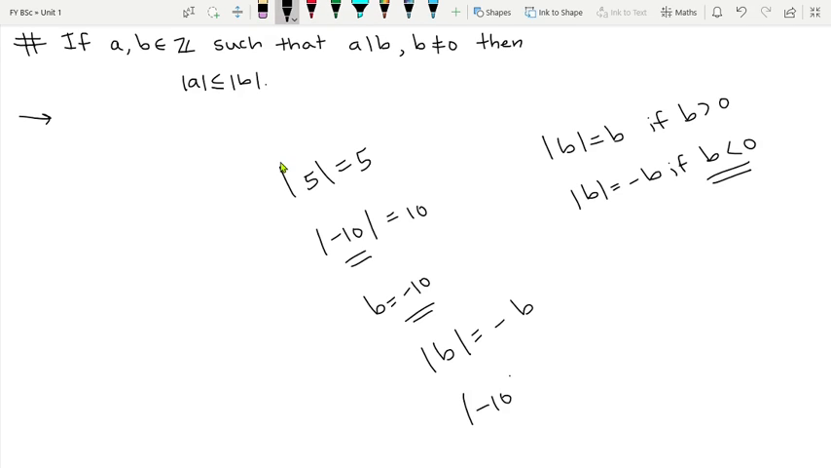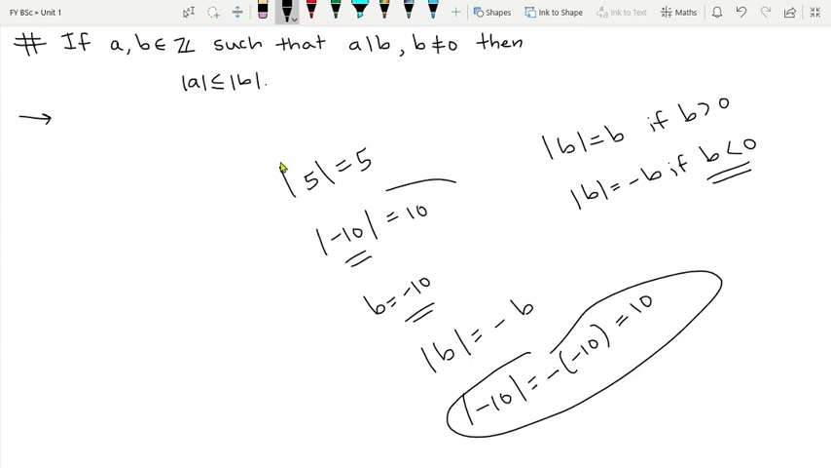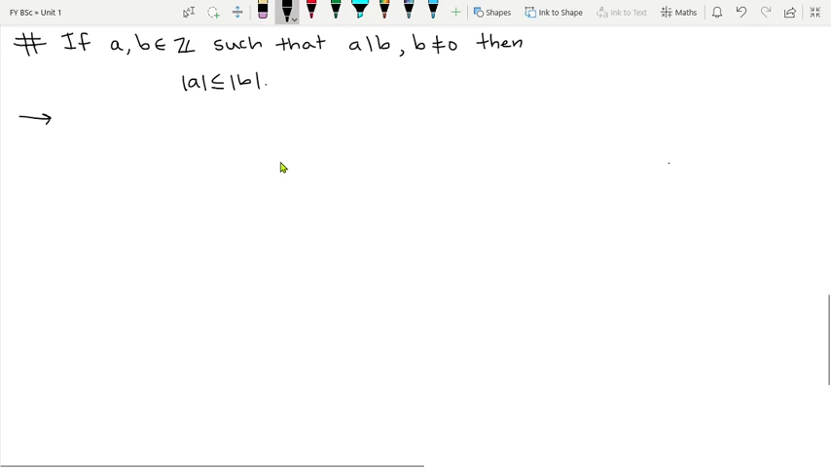Mod of minus 10 will be equal to minus of minus 10, which is nothing but 10. Now you can see this one and this one are exactly the same. So first of all, I'll write down the given things. Let a, b belong to Z such that